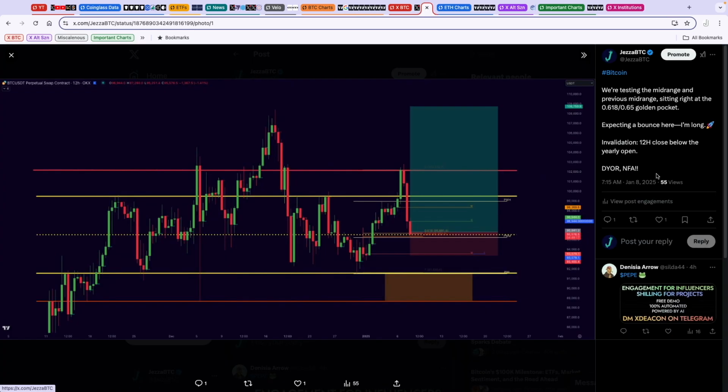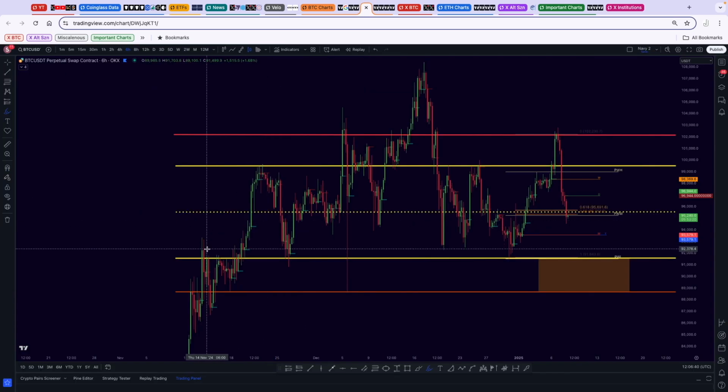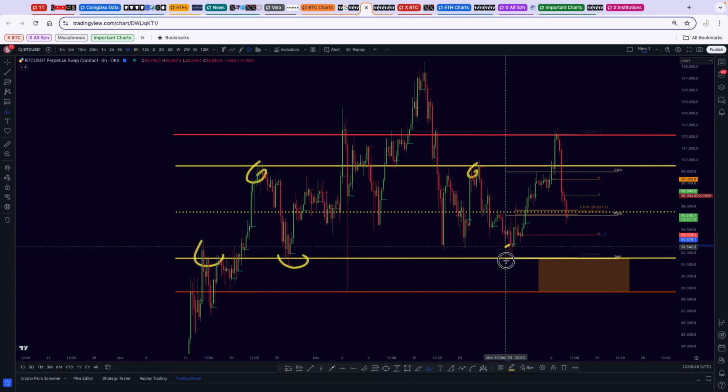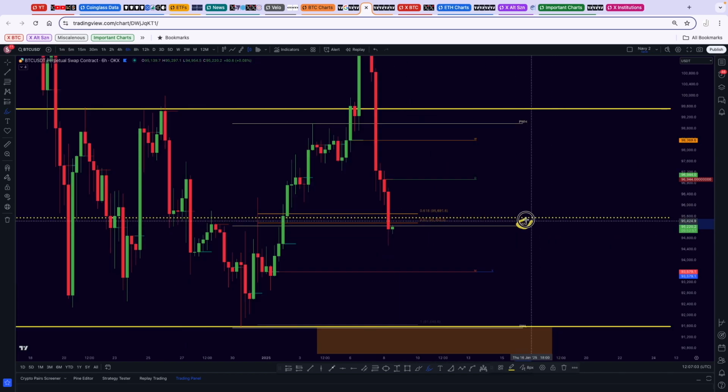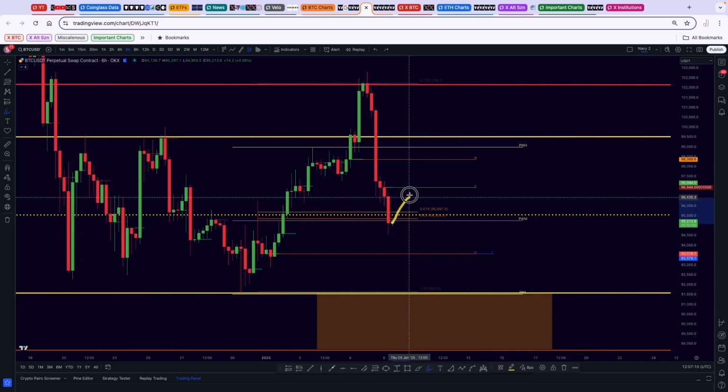The reason is, as you can see on Twitter over here, that we have a nice 0.618 golden pocket of support over there, taken from this swing low in towards our rejection point. You can see we spiked in towards our mid-range, taken from these points where we had massive inflection points, and we had lots of points of rejection and support. We also have our previous week's mid-range, so I'm expecting at least a return to our daily open or our weekly open,